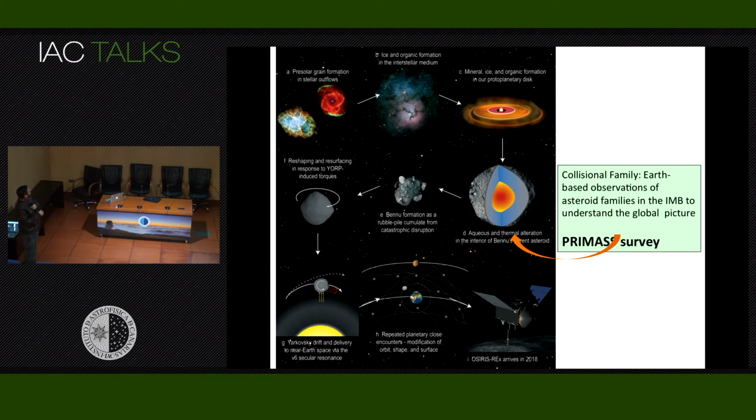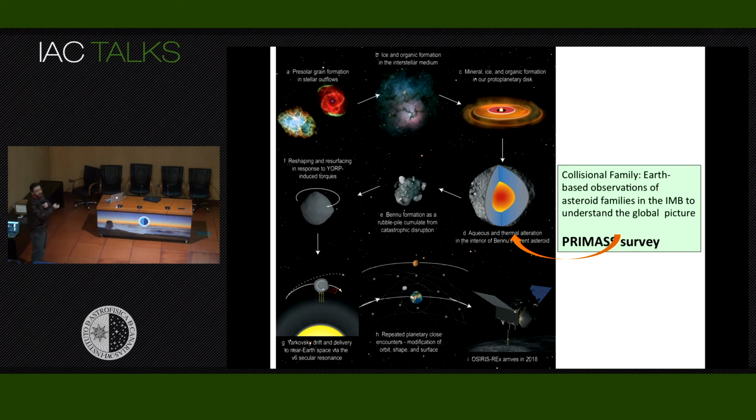In this disk, accretion processes formed what we call planetesimals, or primitive asteroids, some of them big enough, with sufficient mass, to differentiate, and others that don't have enough mass for an important process of differentiation. These are the most primitive ones,